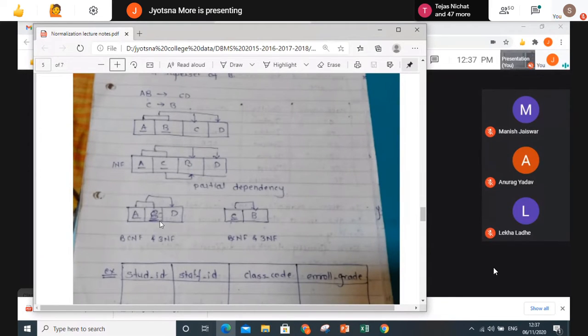So here A, C, D, and here C, B, where now A and C are my key attribute, fully determining the non-key attribute, which is in BCNF and 3NF now. Here C is my key attribute, which is determining non-key attribute. So it is again in BCNF and 3NF, right? So here the problem is solved. While solving the BCNF sum, we'll again see with the proper example. This is also one proper example, but not full example. With full example, we'll solve this for BCNF also.